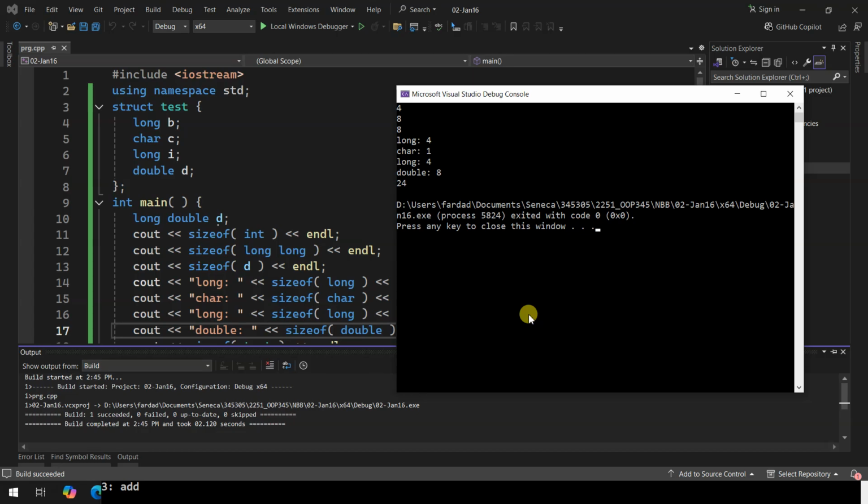It goes through its address, right? And the funny thing is that when you have a double, it can only count by 8. So if you are putting a double in memory, a double is doomed to be in an address that is divisible by 8. You cannot have a double sit at address 7. It has to be either 0 or 8 or 16, and so on and so forth.